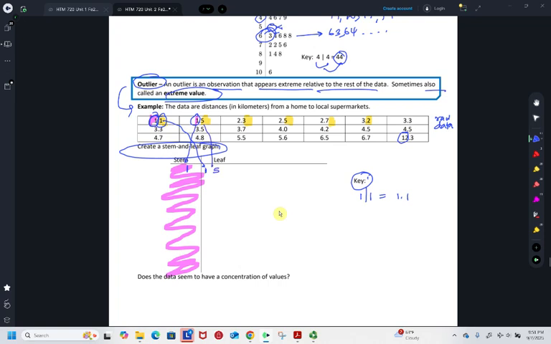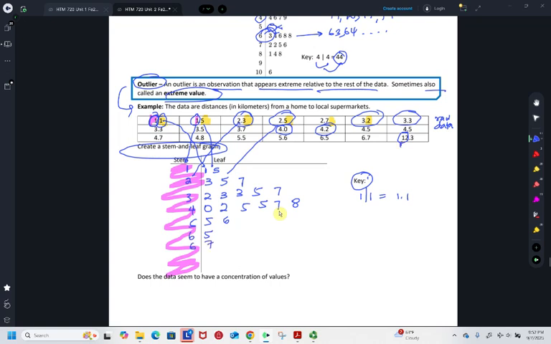then 1 again against 5. Then we have 2, 3, that is this guy, 2, 3. And then 2.5 is 2, 5, 7. And then 3.2, so we have 3.2, 3.3, 3.3, 3.5, 3.7. Next we have 4.0, so 4.0, 4.2, 4.5, 4.5, 4.7, 4.8, 5.5, 5.6, then we have 6.5, 6.7, then it